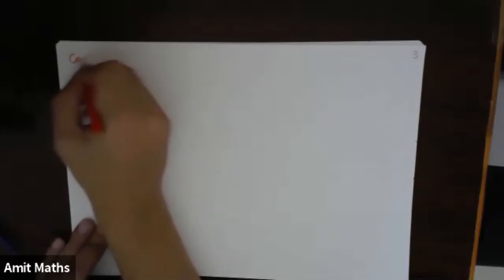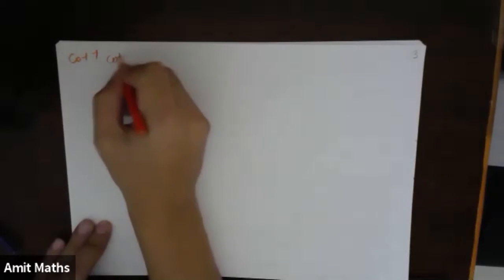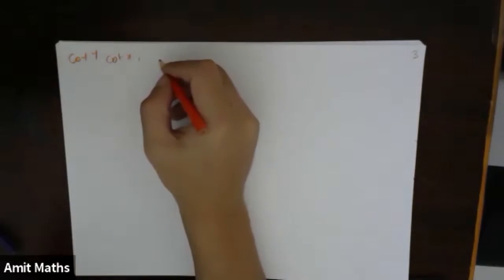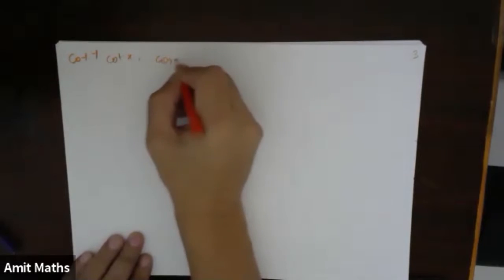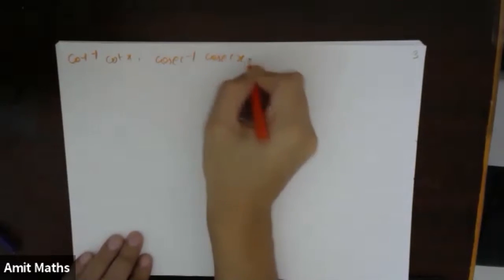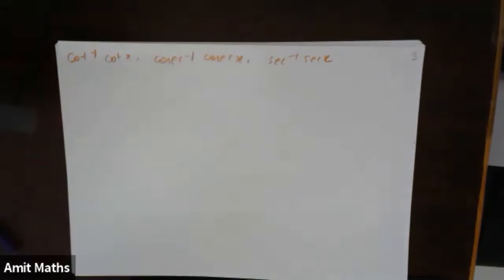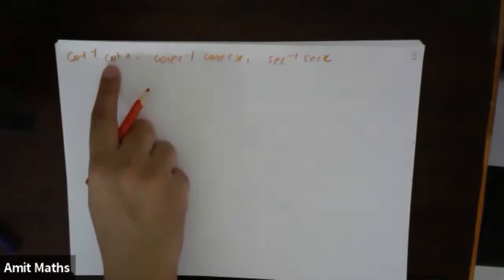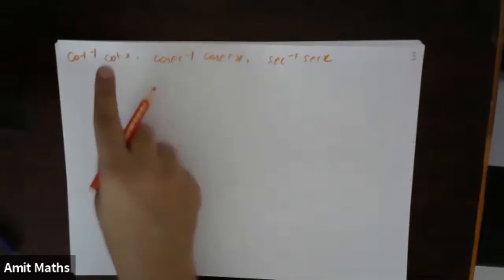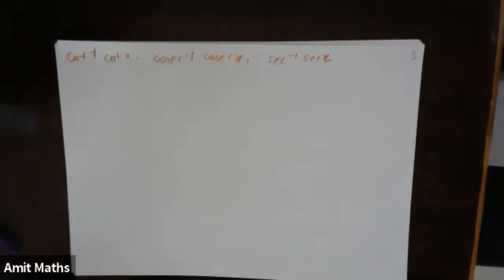Excellent. Now, the homework for you is that you have to draw the curve for cot inverse of cot x. So three parts are left: cot inverse of cot x, then cosec inverse of cosec x, and sec inverse of sec x. You will get periodic straight lines, but you just have to see where they are starting and where they are ending. They will be similar to tan x and cot x, but you just have to check how they will look.